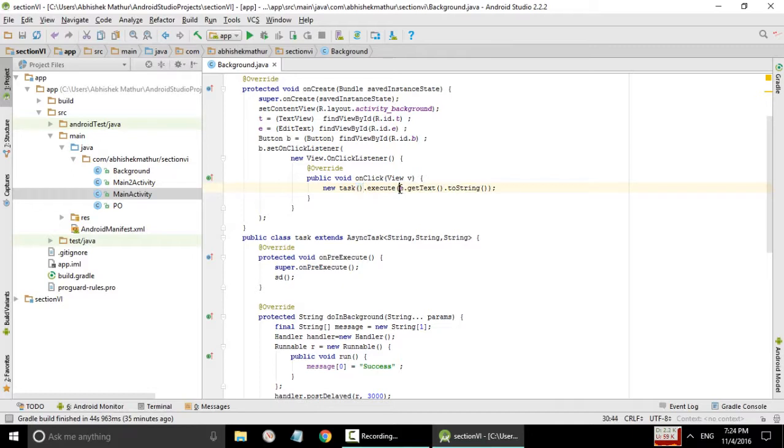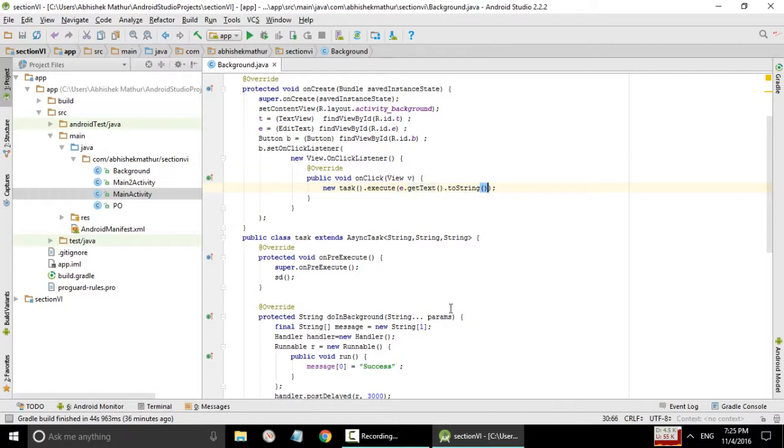The string that I'm passing here in the execute method corresponds to the data that I defined as the first parameter in the AsyncTask, and it will be passed to the doInBackground method, and then you can access the string I passed by getting the first item, at the zero index of params.